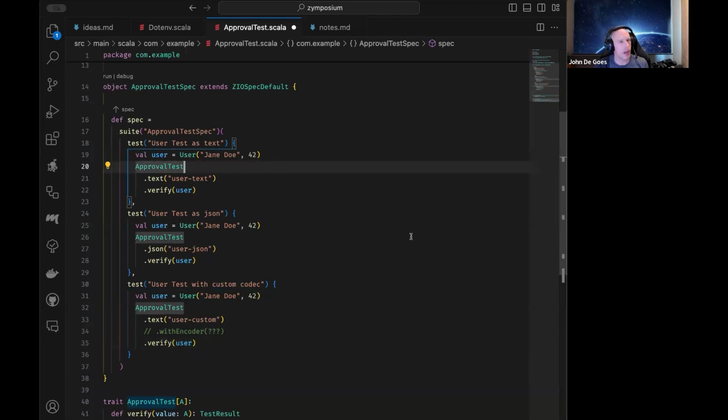I think there might be a way to do that using fiber refs. I think that information might actually be stored in a fiber ref somewhere, but I'm not 100% sure. So that could be a nice to have, right? As a nice to have, we somehow take advantage of the suite name, etc., to allow a user to better